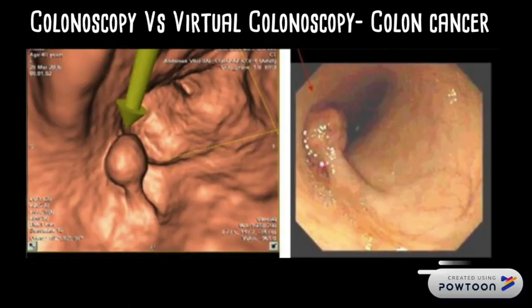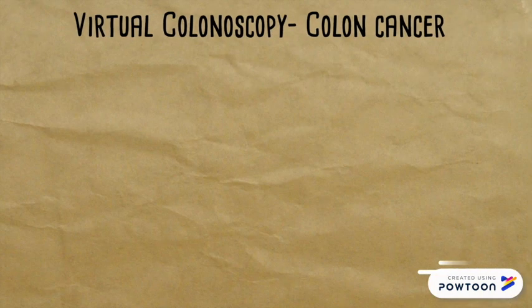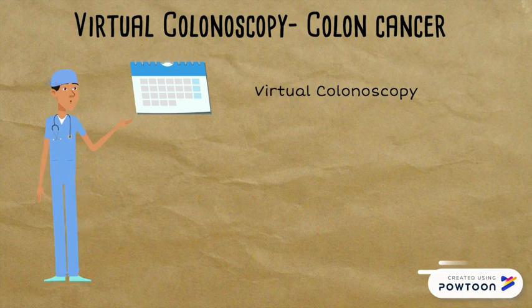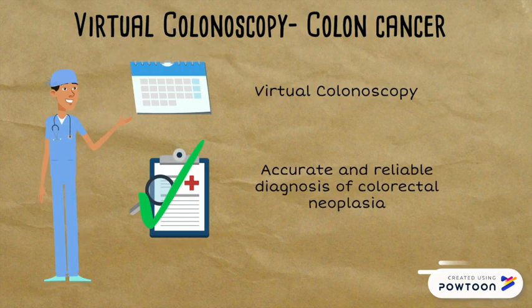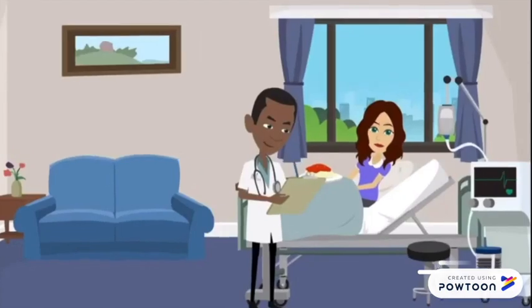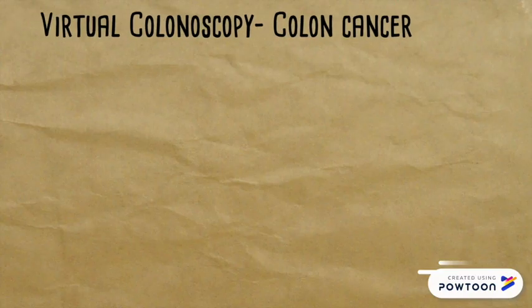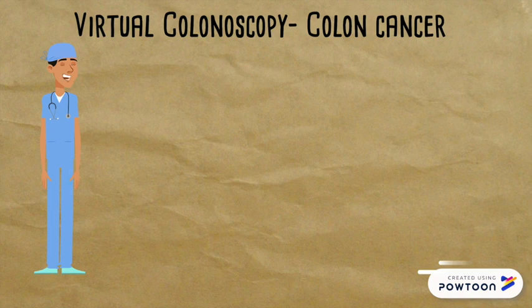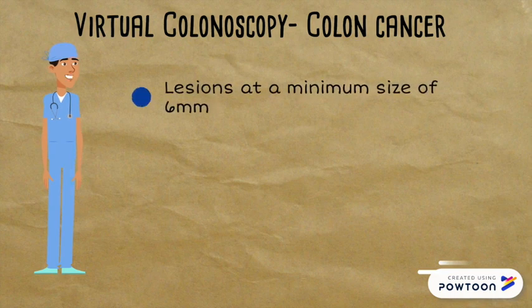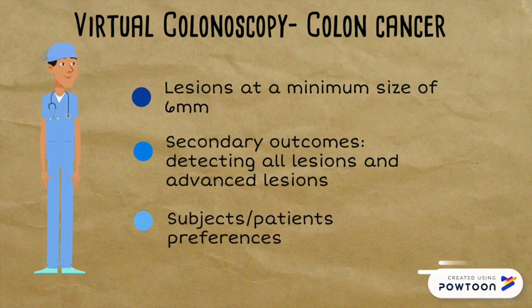The images that can be seen are a comparison of the view of a 1.2 centimeter polyp detected on virtual colonoscopy and conventional colonoscopy images. A conclusion of whether virtual colonoscopy should supplant the real thing will be determined on the accuracy of virtual colonography results from a vast number of participants assessed over multiple screening centers. The sensitivity and specificity of both virtual colonoscopy and conventional colonoscopy was measured based on how accurately either technique was successful in identifying lesions at a minimum size of 6 mm, with secondary outcomes detecting all lesions and advanced lesions, the